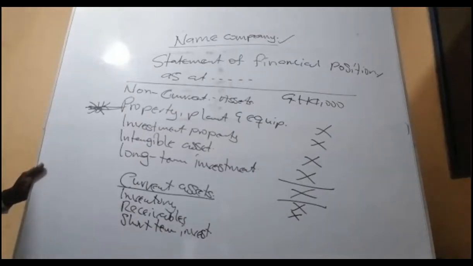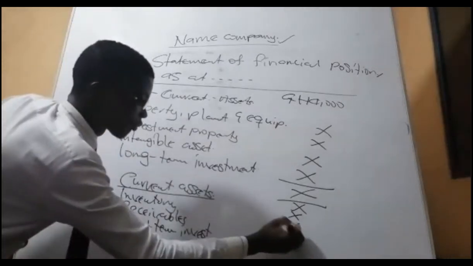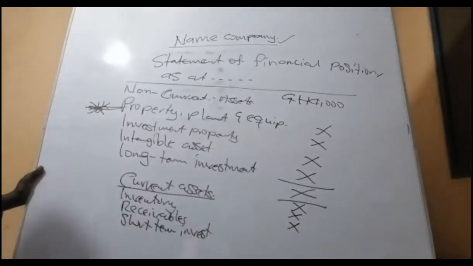In fact, all these you have to bring them if you see them in a question. Now the next item that you have to look out for is the short term, within 12 months. So any investment that will mature within 12 months is short term. If it goes beyond 12 months, it becomes long term.